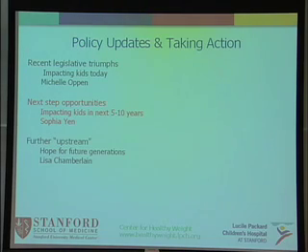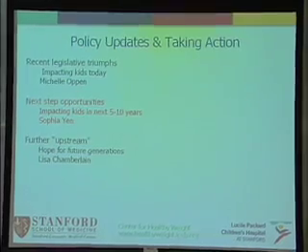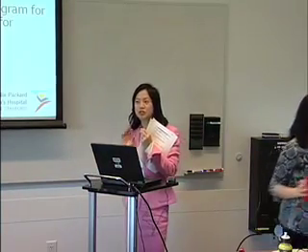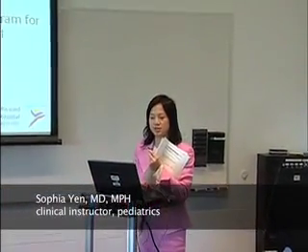So I'm going to turn it over to Sophia, who's going to talk about some of the current and future policy issues. We're not going to do too much physical education, because not too much has been passed necessarily, but the one thing that was passed was SB 601 by Torlakson. It was signed into law in October 2007, and the key point is that it increases physical education reporting to the government and legislature, because the government of California requires so many minutes per week per different grade level, and in the past they weren't necessarily reporting whether they were compliant or not, and they do collect the data, but I guess it just wasn't going anywhere.